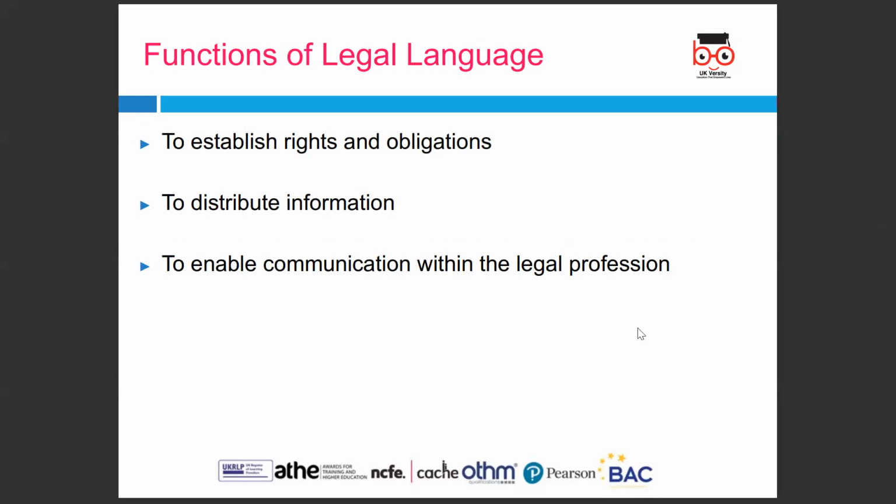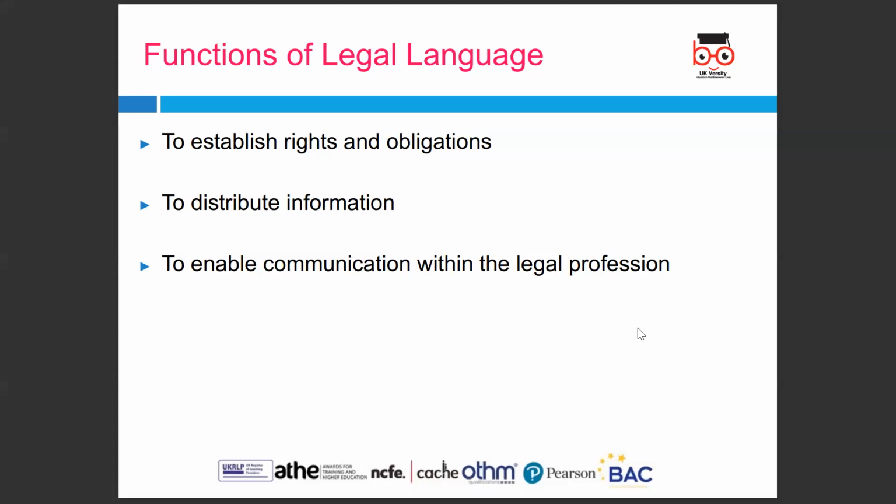So we're going to look at what is legal writing. Legal writing involves the analysis of fact patterns and the presentation of arguments in documents, such as legal memorandum and briefs. One form of legal writing involves drafting a balanced analysis of a legal problem or issue. Another form of legal writing is persuasive and advocates in favour of a legal position. Now we'll be looking more at drafting later on.